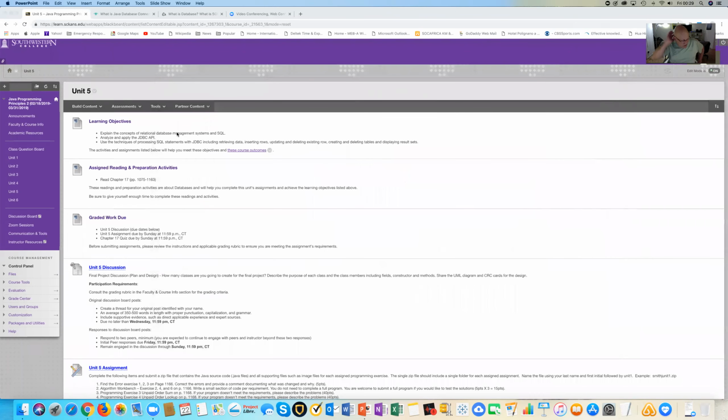Again, this week we took a look at relational database management systems and SQL, and we determined that Java connects to database systems, or DBMSs, through JDBC, the Java Database Connectivity API. It uses techniques for processing SQL statements with JDBC, including retrieving data, inserting, updating, and deleting, creating and deleting tables, and displaying result sets. So that concludes Unit 5